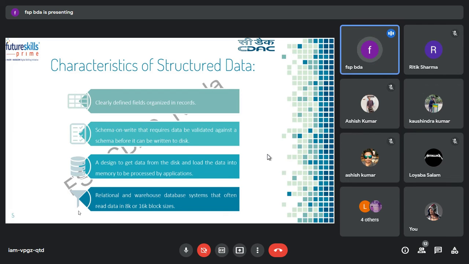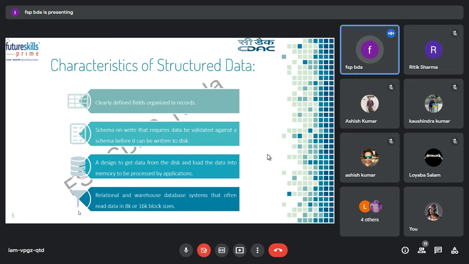When you have a relational database management system and you want to read some data, meaning you are reading your tables, it will be read in 8K or 16K block sizes. 8K means 8,000 block size. You are reading the data using those block sizes.